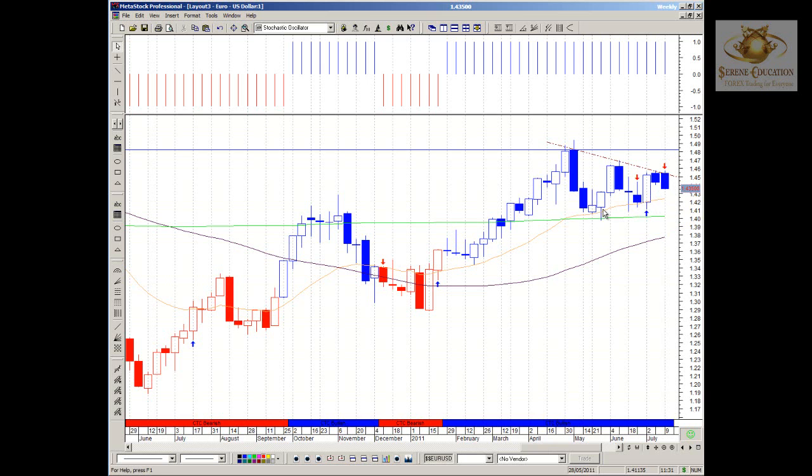You can see over the past couple of months the 20-period moving average acting as a support area just recently. So we can see we are in a squeeze pattern. That's all happening above the institutional moving average as well as all the moving averages, and that's indicating, the CTC is indicating that we're still in an upside movement. However, we are in a consolidation range, and recently on the hard right edge we are seeing further selling occurring